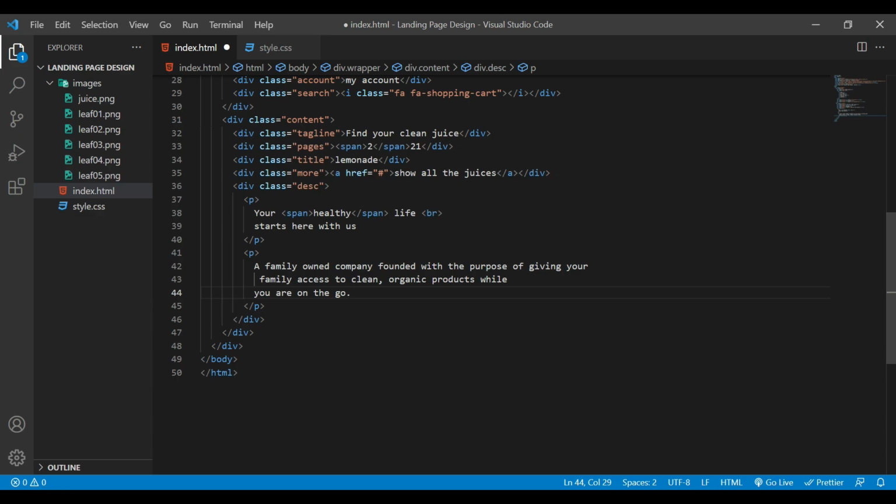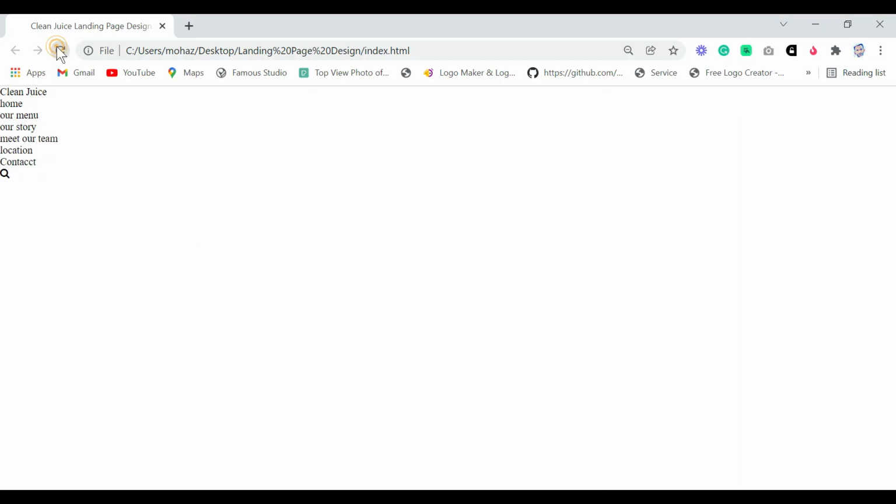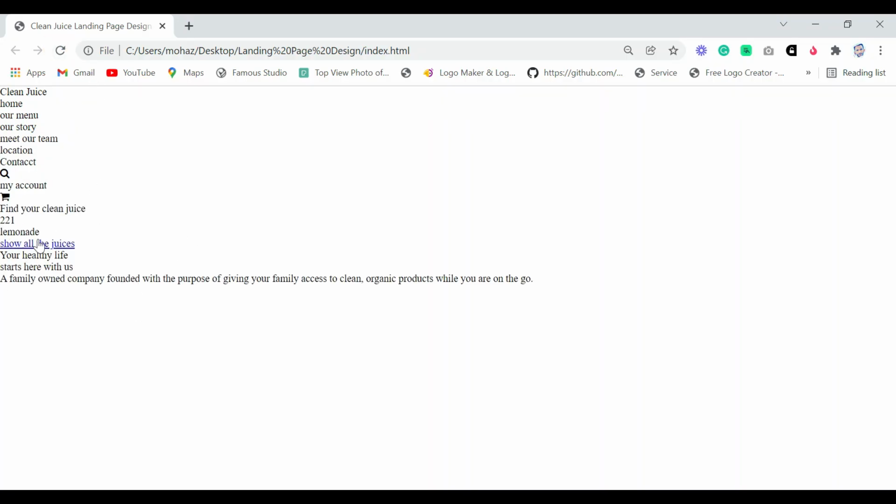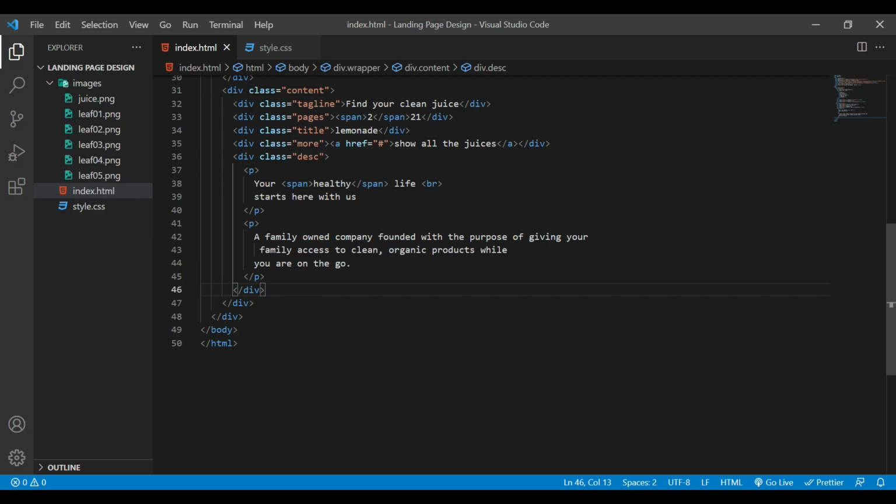So let's save this file and simply refresh our web page. Now you can see we have this button and we have our two paragraphs. So come back to your text editor. At the end of this div tag,